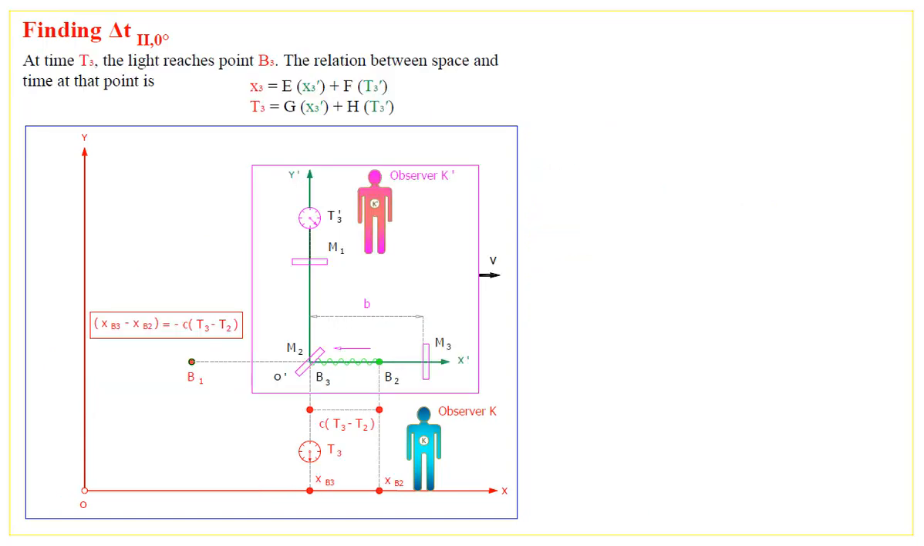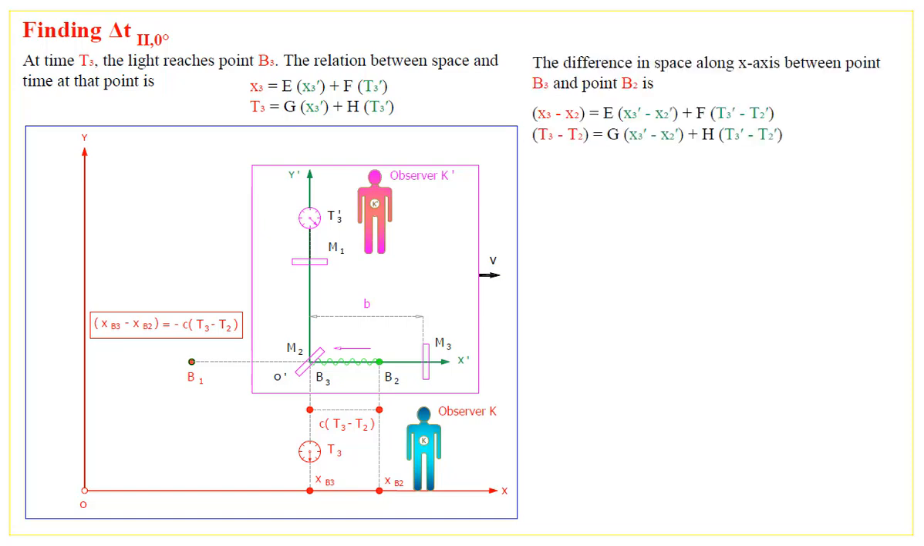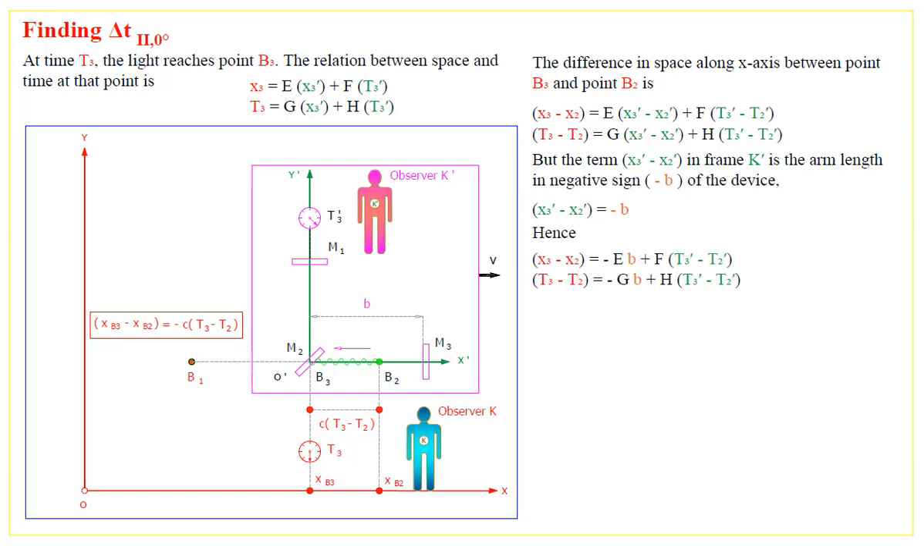At time t3, the light reaches point B3. The relation between space and time at that point is. The difference in space along the x-axis between point B3 and point B2 is. But the term x3' minus x2' in frame K' is the arm length, with negative sign, minus b of the device. Hence,